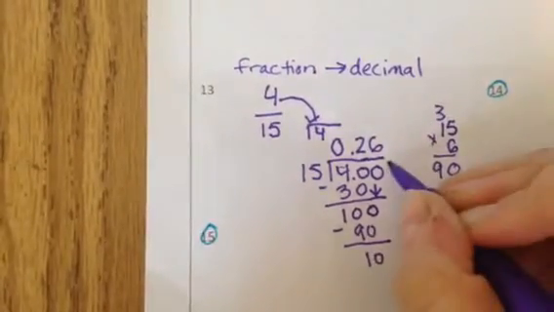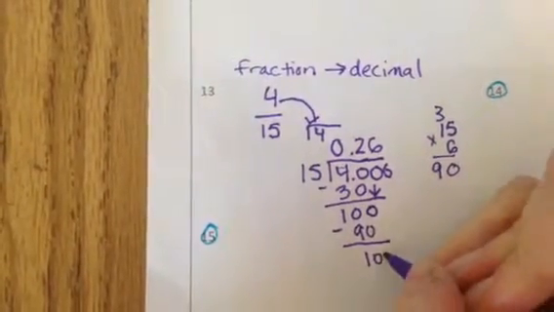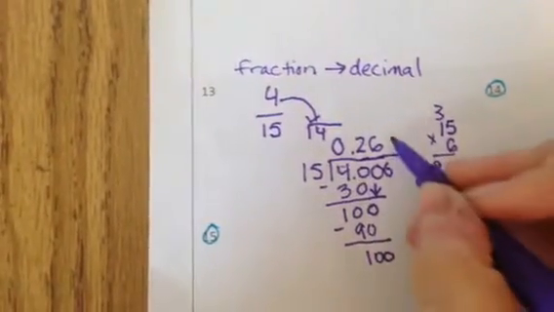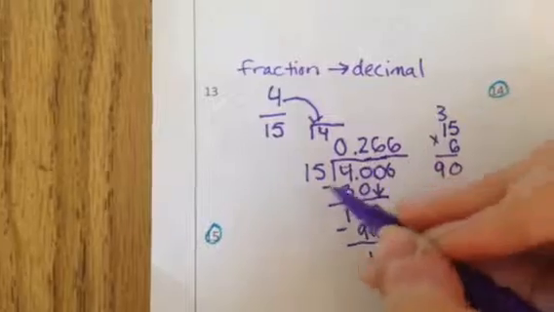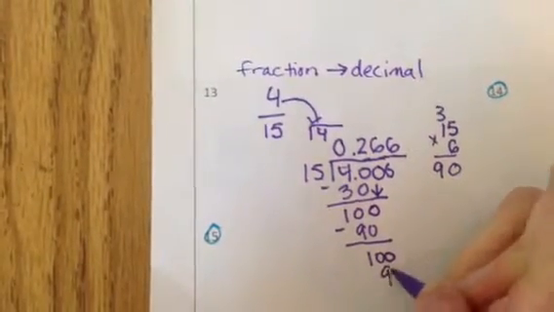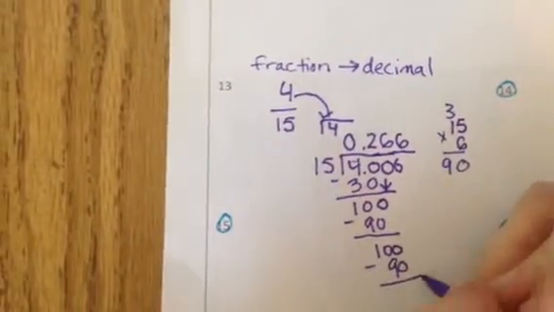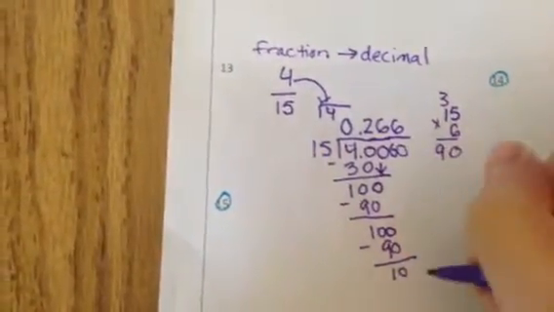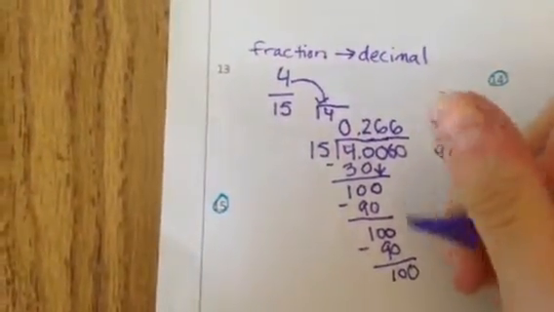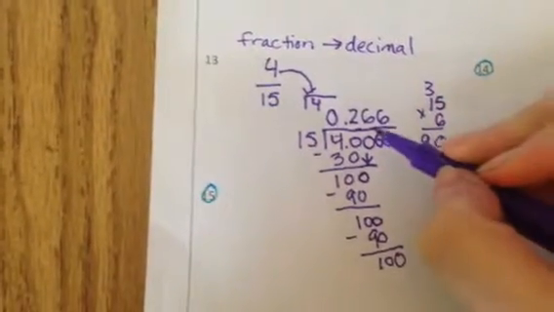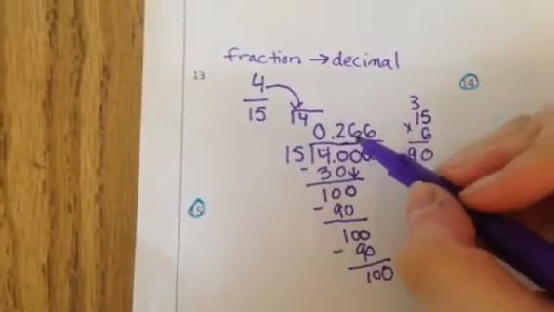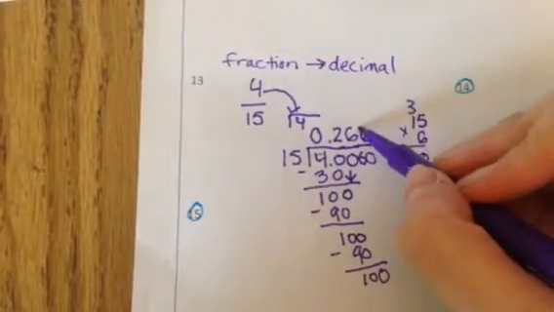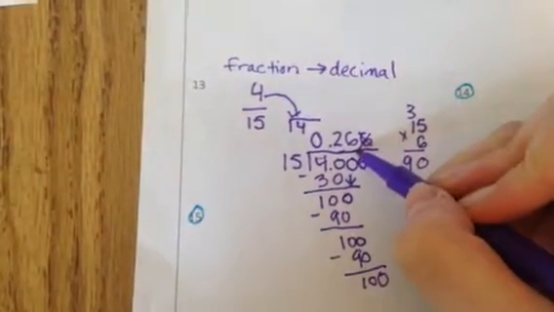Subtract, I get 10. Bring down the 0. Again, that's going to go in 6 times. Subtract, I get 10. So notice now, it just keeps repeating. So this is actually called a repeater. When this happens and there's a number that continues to repeat, we actually just can ignore that last number, and